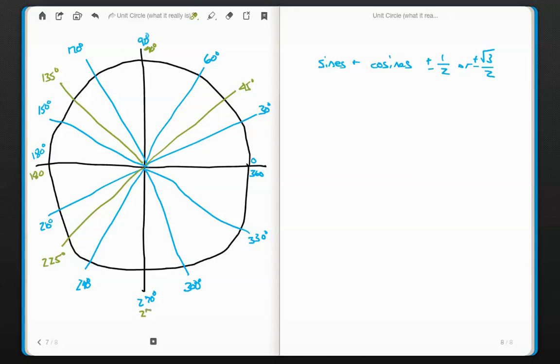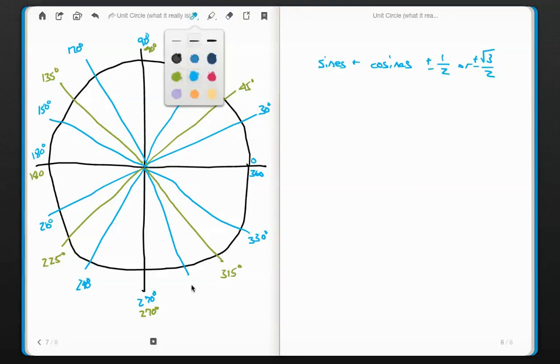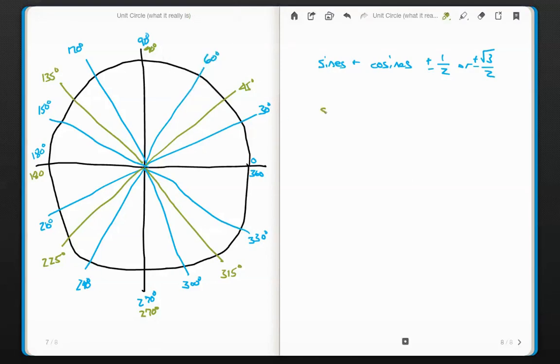So this is 270 degrees. And then we have this last one that goes like this. That was a better line. 315 degrees. And this is really bothering me, so I'm going to fix this. Make some better handwriting there. 300 degrees. Okay. So then for the green ones, we know that for the sines and cosines,